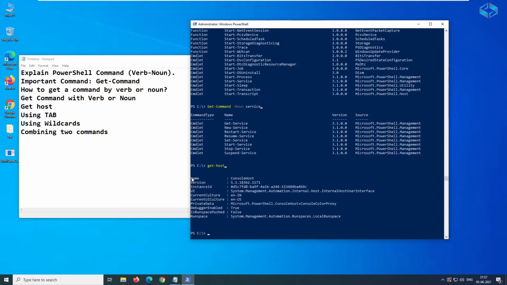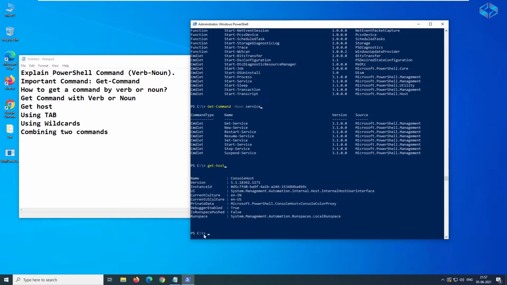Mainly we need the name and the version, which version of PowerShell we are using. If newer versions are available, you can upgrade, and this one is using version 5.1, build 18362. So this is one of the important commands which will be useful in future.